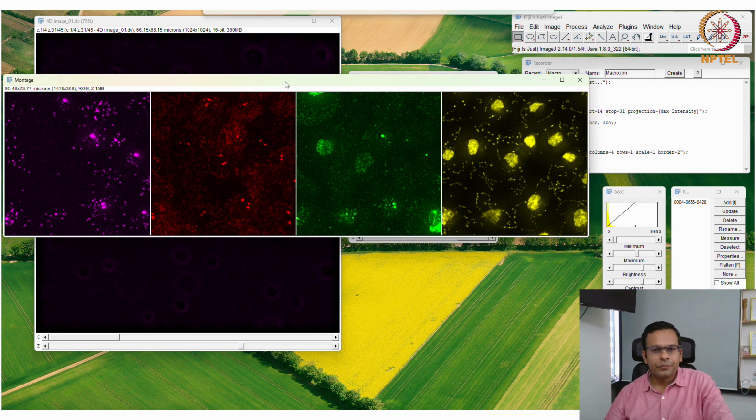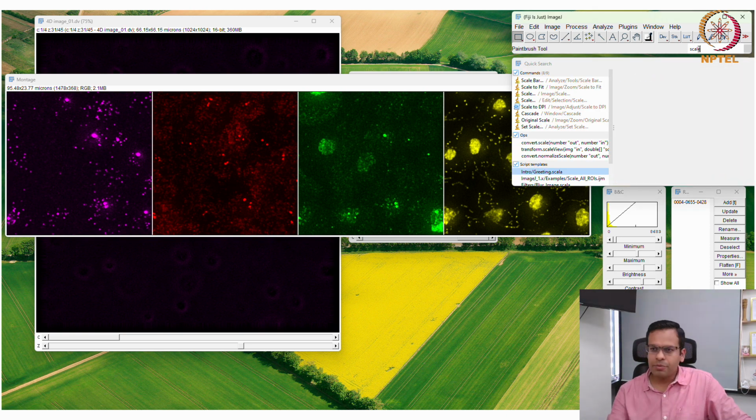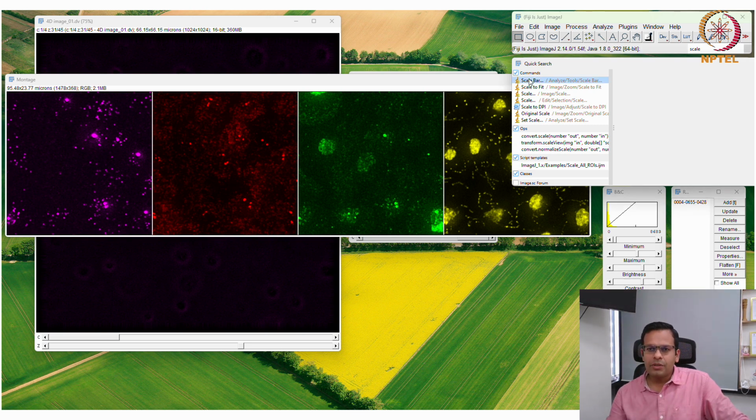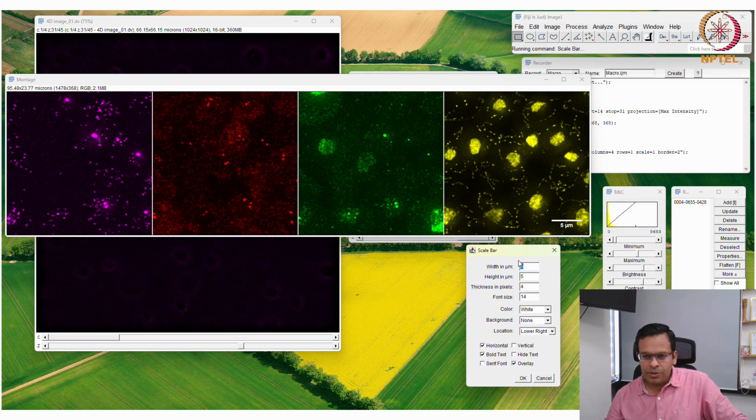Okay, and let's say I want to put a scale bar here. So I will find the scale bar option, and here I have the options to select. I want to show 5 micrometers; the height, thickness, font size and everything is okay.